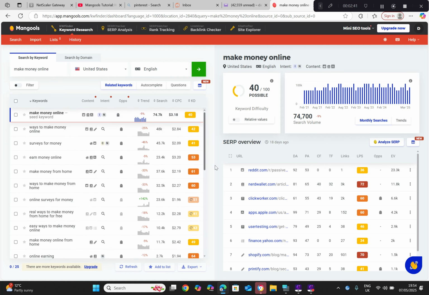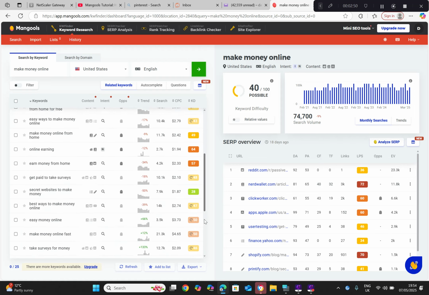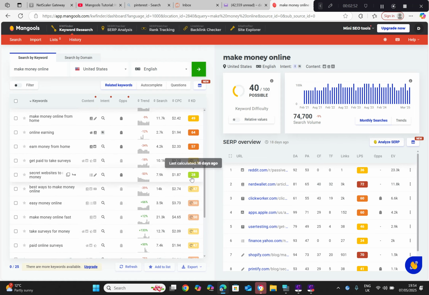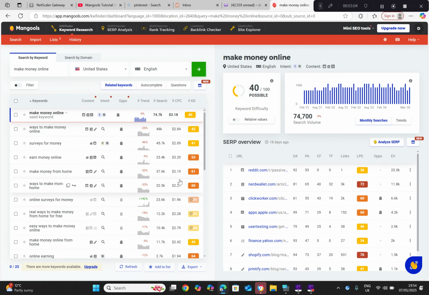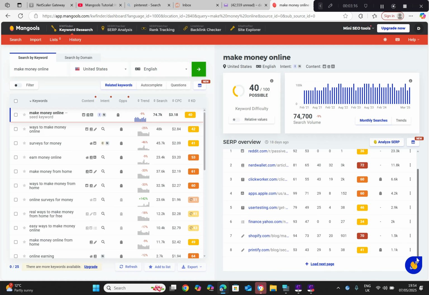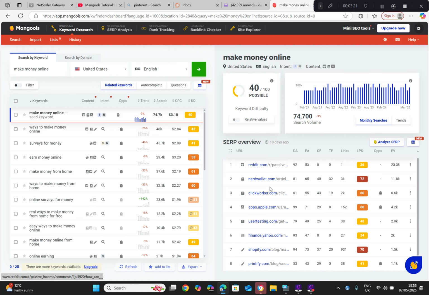and this is with the yellow, then that's kind of half and half, like ranking for that keyword, and then green, this is quite good here, that you likely could rank for that keyword, and then reds, it's quite difficult, so you can upgrade and get more data. So the possibility out of 100 is sort of 40, so it's kind of half and half, so it's quite a good search term rather,